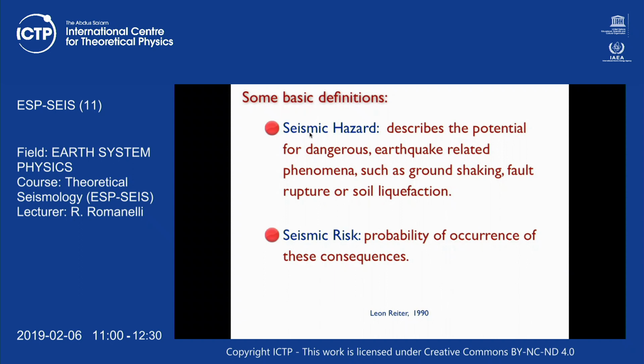Now that's hazard, and hazard can be defined in a region given the sources that could affect that region. Now, if that region is a desert, you could say that the hazard is high there, but maybe there is no risk, because what can be called exposure is zero there. Or vice versa, you can imagine that the same earthquake, let's say magnitude 6, that in Italy could cause a lot of damage, as you have heard in some recent news maybe. If you take the same earthquake and you put it in Japan,